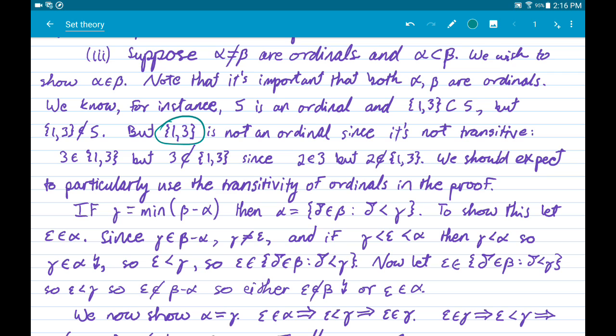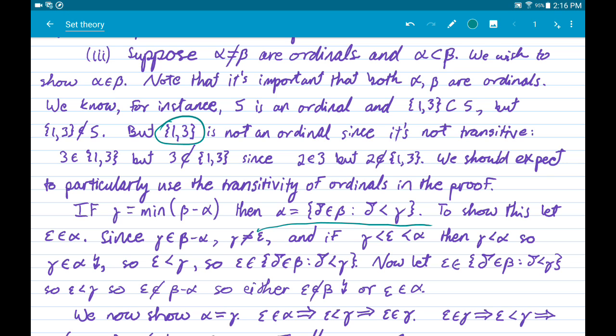If you took 7 set minus 5, what do you have left over? You've got the set 5, 6. And the minimum of that is the number 5. If you take the set of all things less than 5, well, that's the set of 0 through 4, and you're back at having the number 5 again. So, in general, it's possibly helpful to characterize these ordinals as being the set of all things less than them,